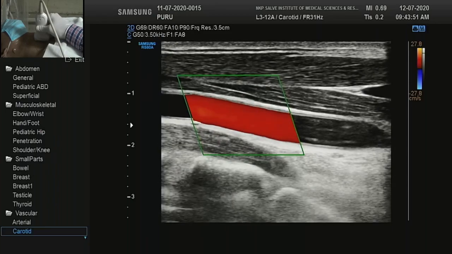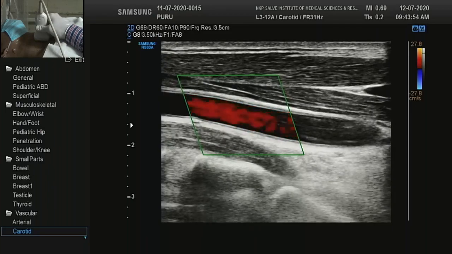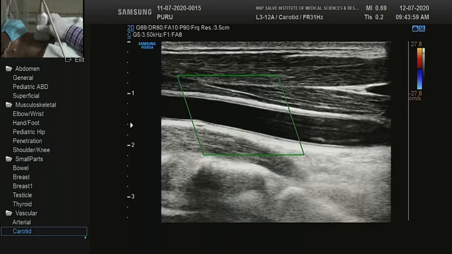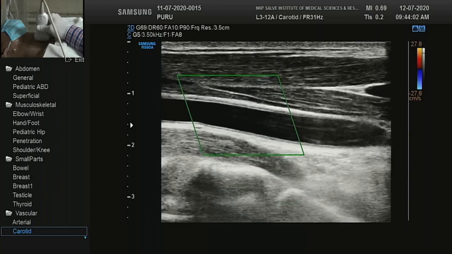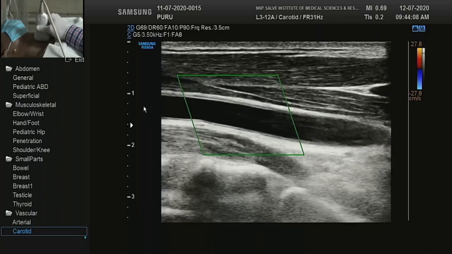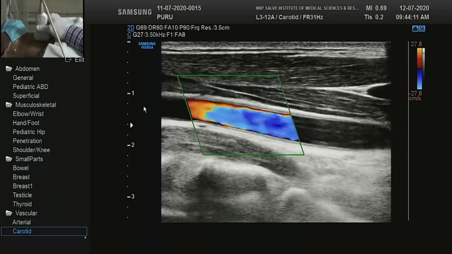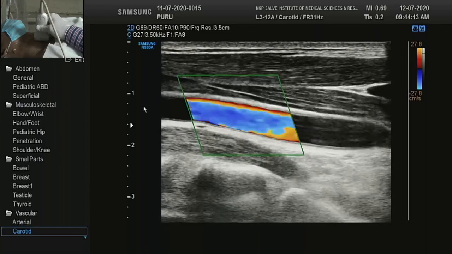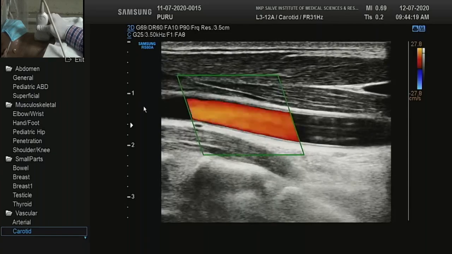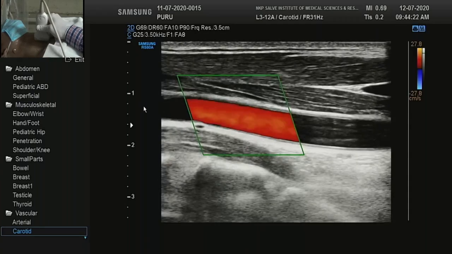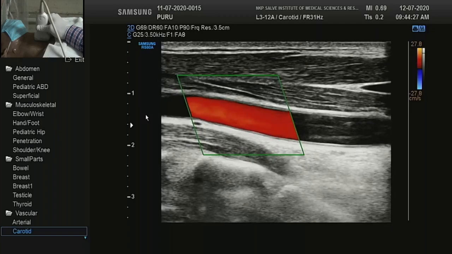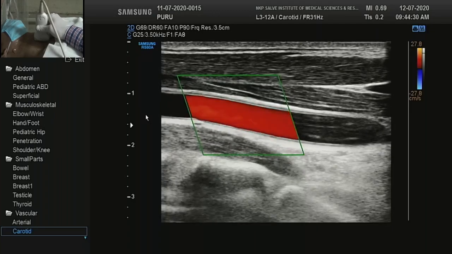The color gain I was telling you, if you reduce the color gain, the artery is seen as pulsatile, but nothing is seen. So check your gain. The gain here, if you see at the screen, is very less, it is 5. So whenever you are in doubt, we should check whether our color settings or any settings are correct. If you keep continuous watch on settings, you will be perfect in Doppler. So we again increase the color gain, and now we see the flow as normal.